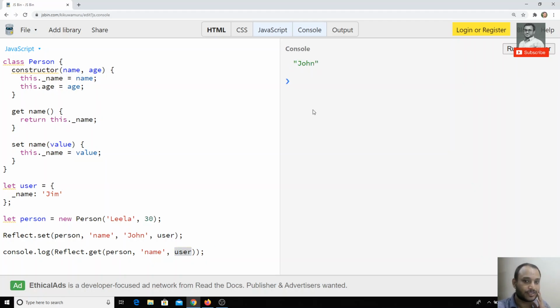Okay, this looks somewhat confusing, but it's not that confusing. If you see here, person is the object, name is the property name, and user is nothing but the this that I need to take into consideration in that object. This means user, so take this user as the this operator. So this._name will take this one into consideration, not the main object. Okay, so in this way we can get and set the